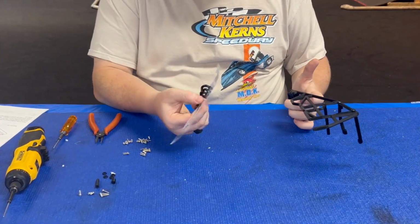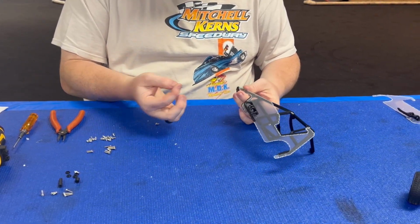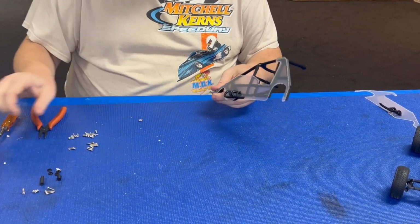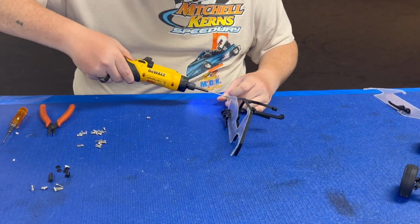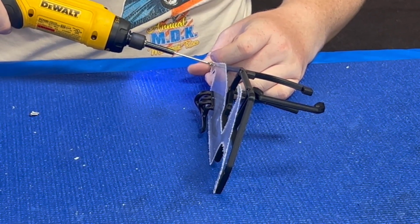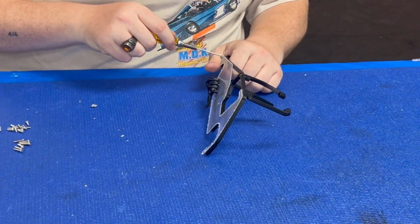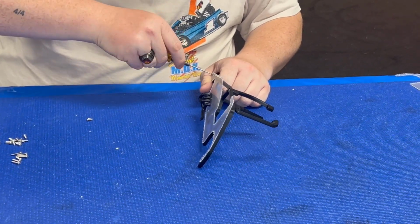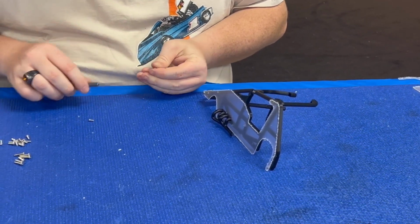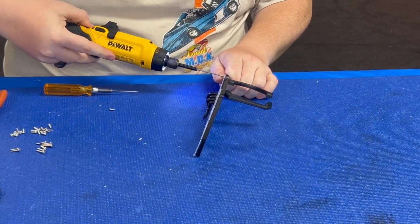So next step is attaching the bodywork now to the front cage, or the cage assembly. So we're gonna take an M2.5 by 12 and go through the front hole in the chassis into the front brace. And again, finish that one off by hand. That one just didn't seem right, but that's, yeah. So next is going to be 2 M2.5 by 6s. You will have to remove these again to attach the